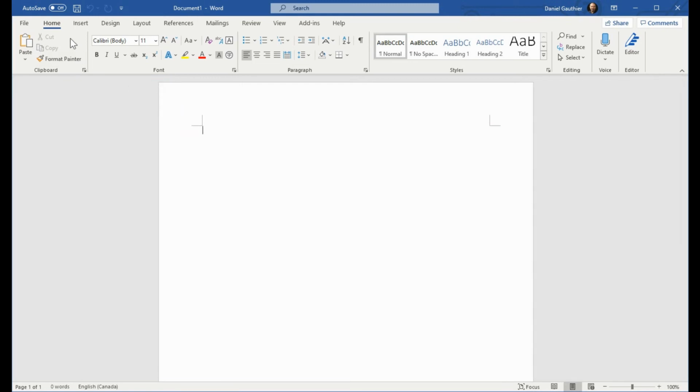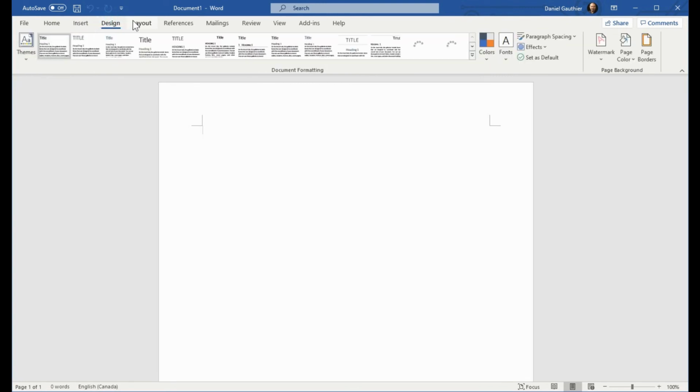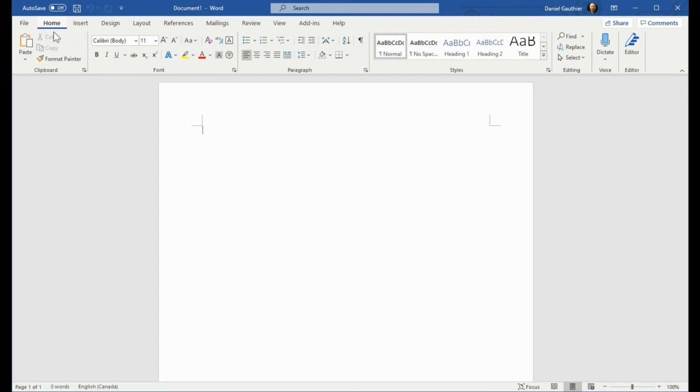So in here, you're on the Home tab. You might not be used to this depending on what version you came from, but everything is under tabs, so depending on which heading you click at the top, you'll see different options here to choose from. Most of the time you're working within the home screen and you'll be adding content in here and modifying things from in here. So you can paste and do your basic cut, copy, and so on.